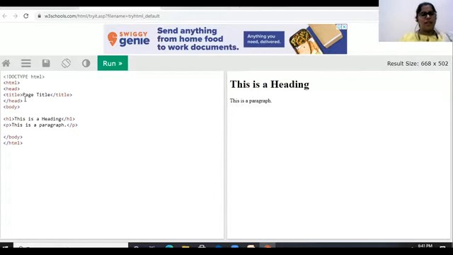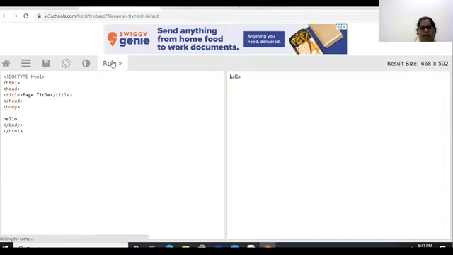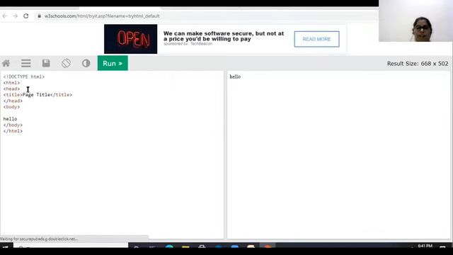Here we have the same code, HTML, head, title section and head closing, followed by body. And here we have some more tags, let us see them later. For the time being, whatever we did for the earlier one, I am doing here. Whatever text you type on the left hand side will be rendered, and how your web page will look will be shown on the right hand side.